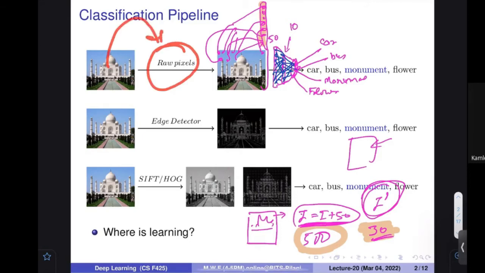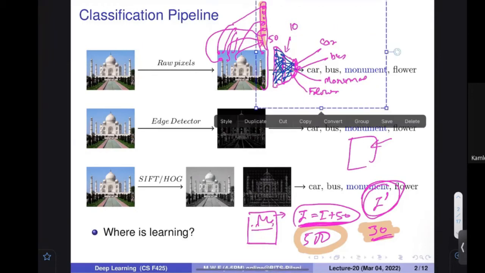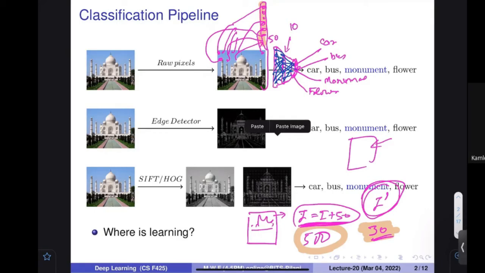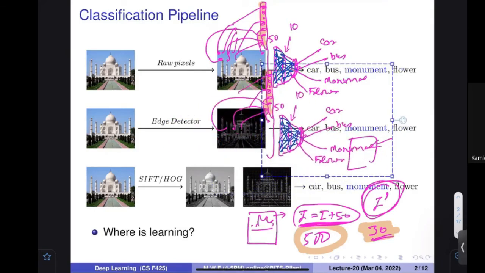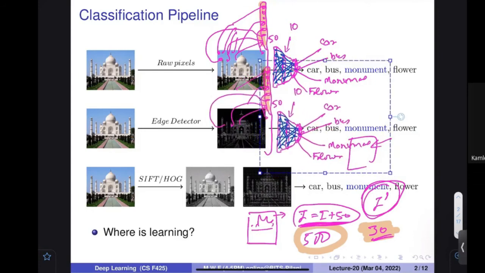So it would be nice if you can do some kind of feature extraction on this, and feed the features to this particular place. So what I wanted to tell is, let me copy this particular part and paste it here. If you want to put the same thing into another arrangement,